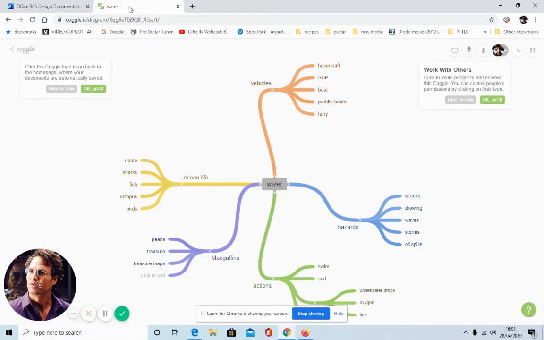So I've started thinking about actions, what you could be doing in the water. So I've got swimming, surfing, diving, that kind of thing. I've got MacGuffins. Those are collectibles, normally a key component in a video game. I've got ocean life, hazards, potential vehicles. And the whole idea here is to get as many ideas and thoughts down